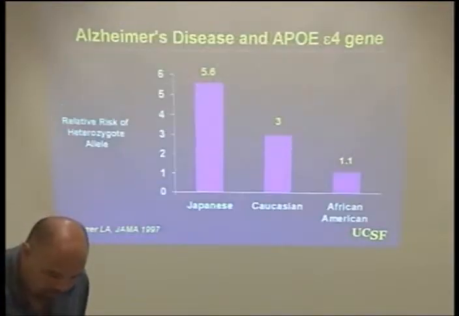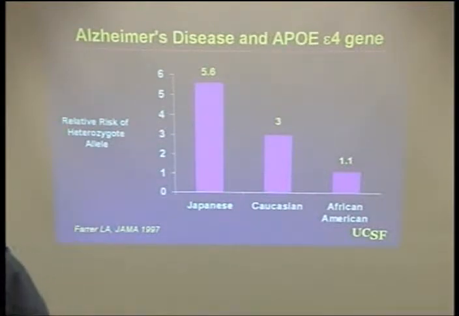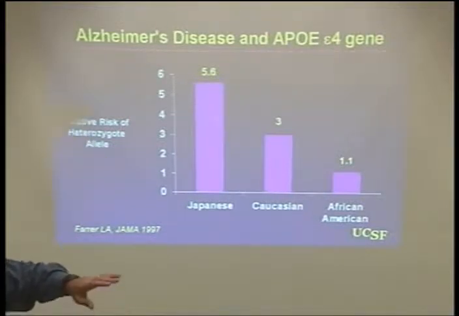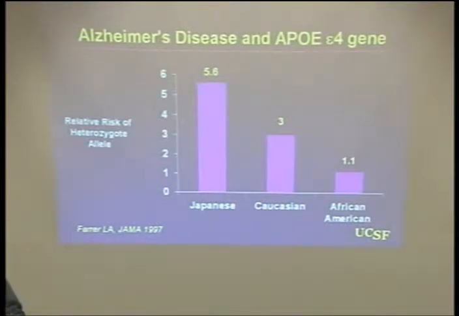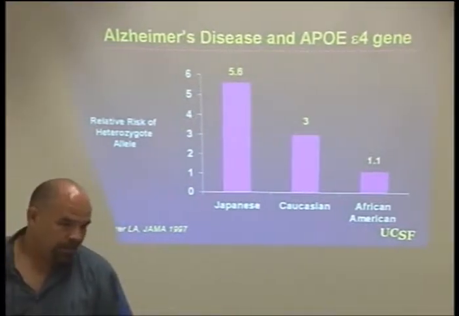And to give you an example, out of all the infighting out there, out of all the politics of science, we do agree that there are some genes for some diseases. And Alzheimer's disease has a candidate gene that if you have the E4 allele of the ApoE4 gene, your chance of getting Alzheimer's is pretty high.